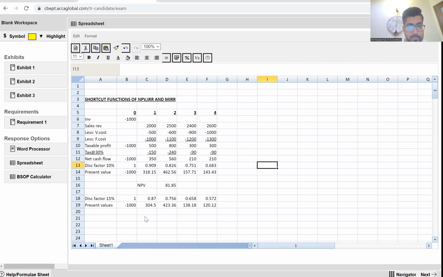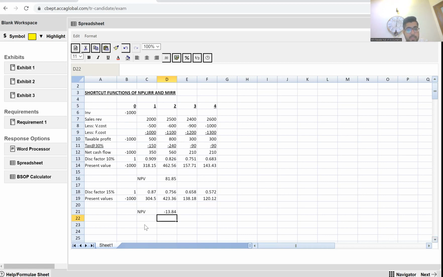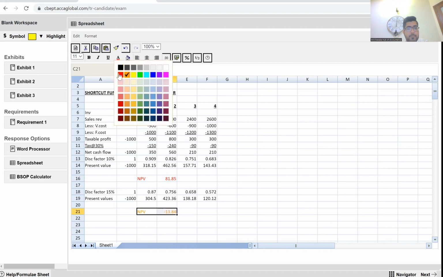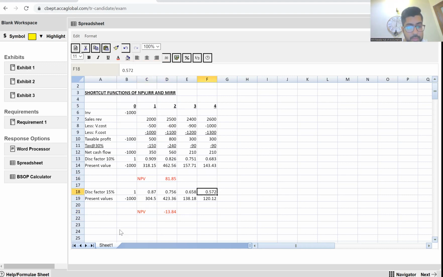Okay, you get present values, and now to get NPV, you will sum all present values. Now it's B19 till F19, 13.84 negative. You have the positive NPV, you have the negative NPV, right? Now, once you have the positive NPV and you have the negative NPV, okay, you can go and find